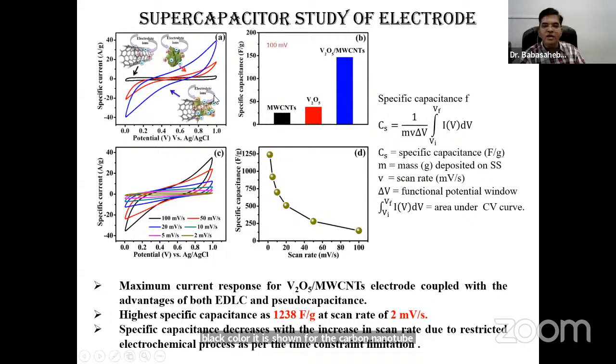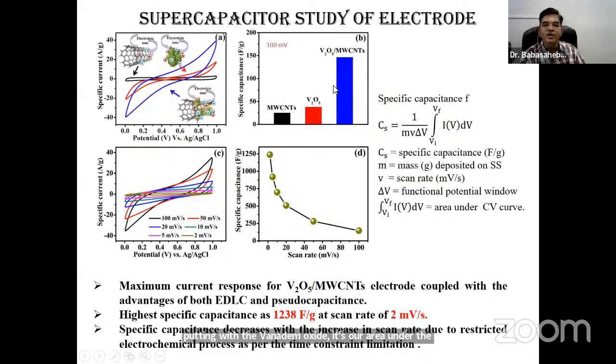And when the area under the curve is more, the charge storing capability is more. And here you can see that from 0 to 1 volt it gives the potential window, means whatever the voltage there is, it is taken by that device, right? So here you can see that when we are coating the carbon nanotube with the vanadium oxide, its area under the curve increases, so that its specific capacitance increases